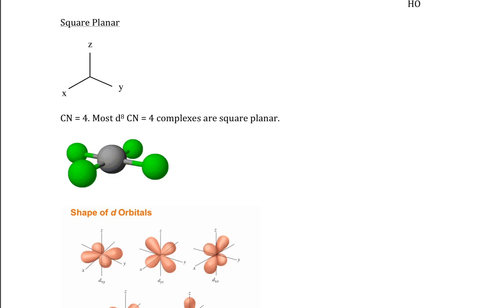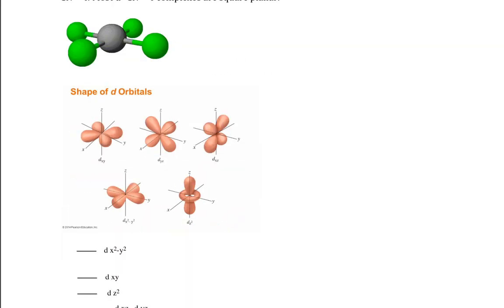Now we move into square planar, which also has a coordination number of 4. It turns out that most D8 coordination number 4 complexes are square planar. All right, so there's the square planar shape. And then we have in orange the shape of d orbitals just once again. And you can see by comparison of the d orbital shapes with the complex shape, you can hopefully determine that the ones that are most affected are going to be the dx squared minus y squared. That's going to be the ultra most affected. So that's going to be at the highest energy